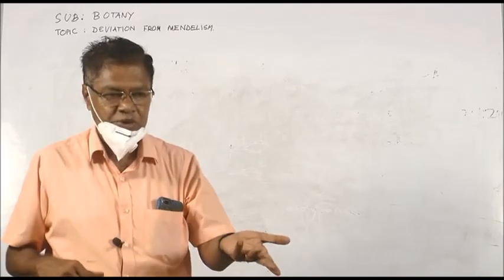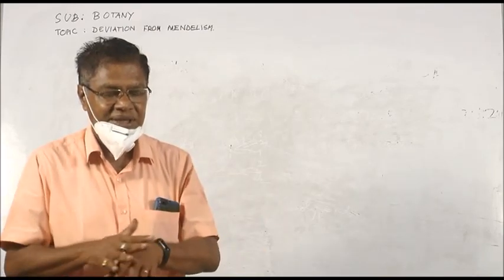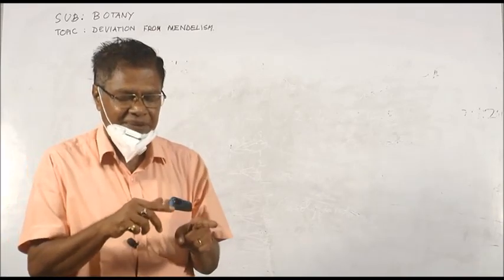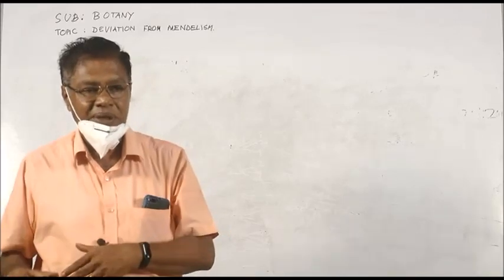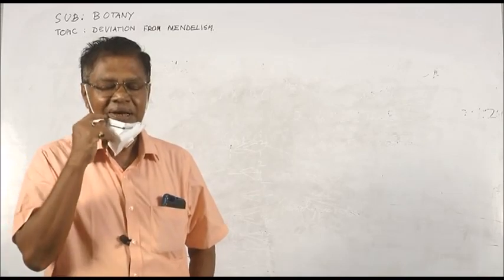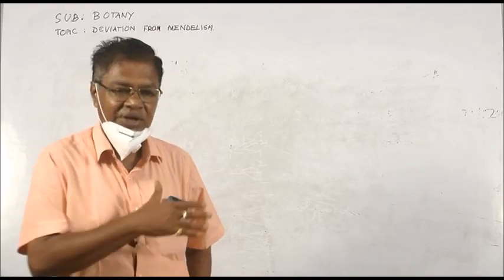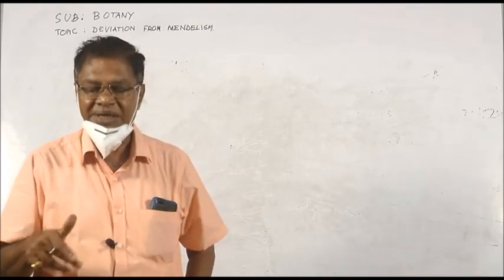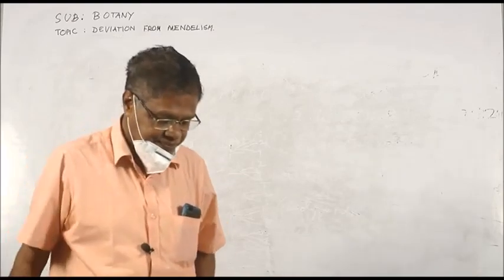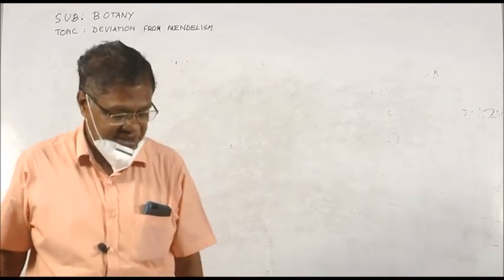Coming to the second, that is codominance, here we get blood group as an example, where capital A gives A blood group, capital B gives B blood group, and when A and B are together we get AB blood group, and when either capital A or capital B are absent and only small i is there, it is O blood group. And final is the multiple genes, where we have taken 3 genes, capital A, capital B and capital C, where we get a large number of combinations, and that will give us a very good variety of skin colors in man.